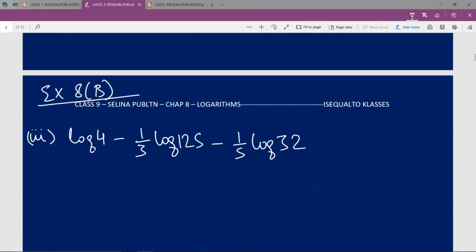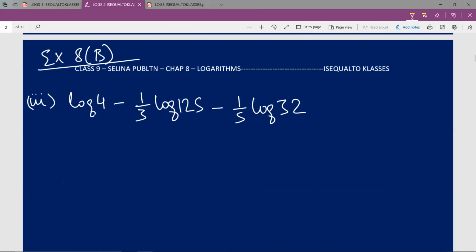Moving on to the next subpart, the third subpart of exercise 8b. Now, this looks a bit confusing. Actually, for the majority of you, it might look a bit difficult, but don't worry. Stay with me and you'll be good to go. I would advise you to rewind the video back if you didn't understand this sum quite properly. And the same is applicable for the previous and the future questions that I'm about to do.